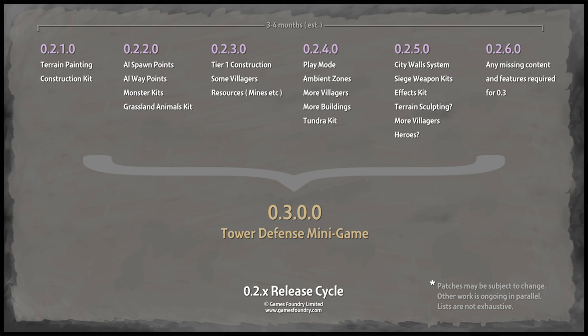And work's already started actually on the Tundra kit. That is essentially a whole new location kit, similar to Grasslands, but with all of the wintry snow scene. So it's got the Werfu Monks Monastery in there, it's also got other stuff. And then